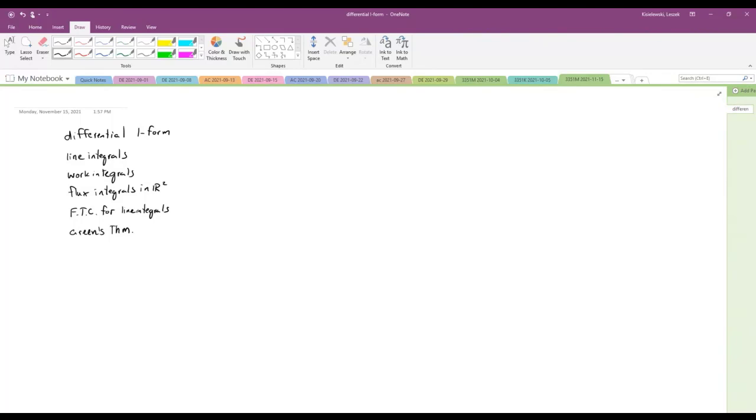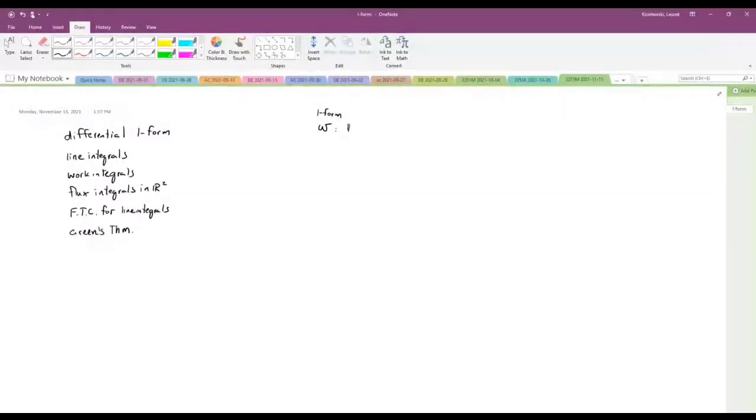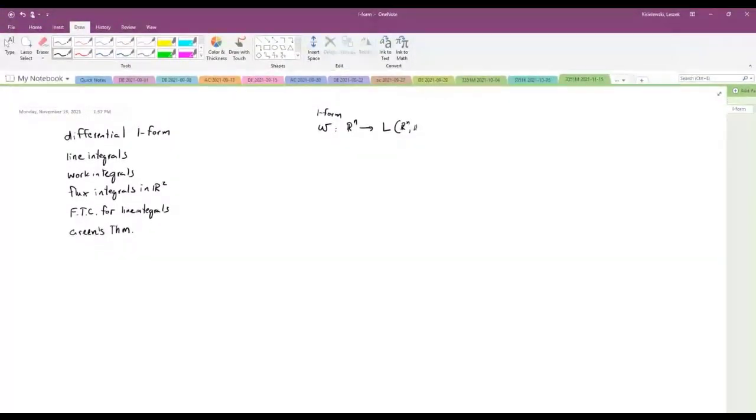So we're going to start with a definition of a differential one form. Let's just define it formally, without the abstract notion of a differential one form mapping points in Rn to a linear transformation of Rn into R. That's a more abstract definition. But for our concerns, if we have a one form on Rn, it's always going to look like